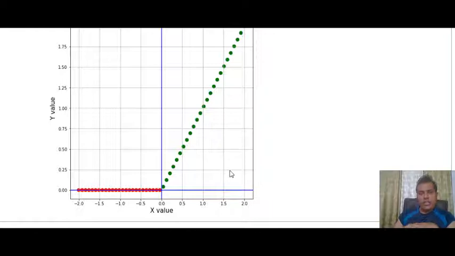From this diagram itself we can see that when my x is positive, when x is greater than 0, then y is equal to x. And when x is negative or when x is 0, you can see the red line, your y is equal to 0. So that is what your ReLU function is. In the ReLU function, for any positive value of x, y is equal to x, or output is equal to input. And if x, or the input, is less than or equal to 0, then y, or output, is 0. Now let's discuss our leaky ReLU.